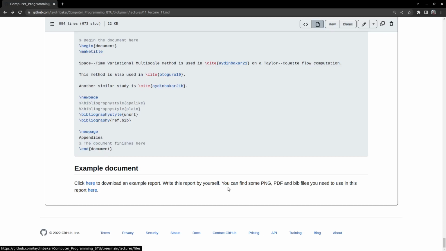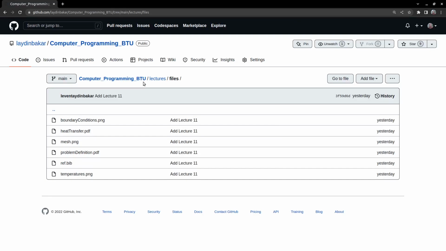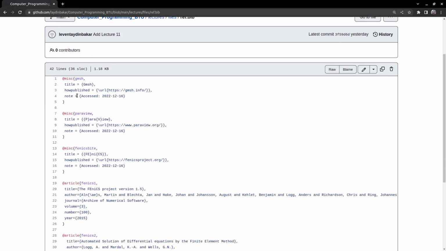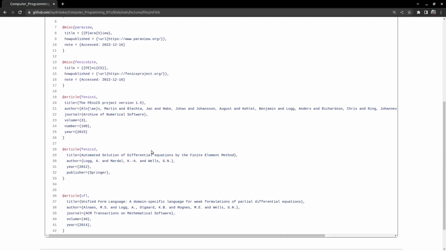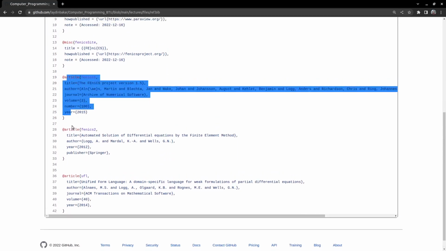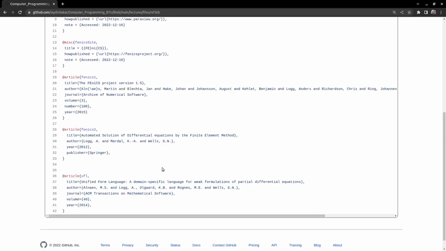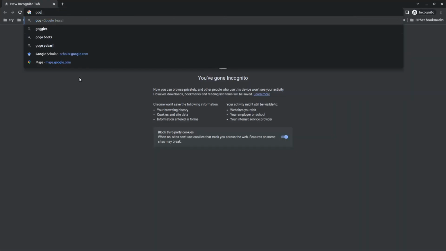When you click on the second link, you will see another bibliography file here, and we have some links to Gmsh's web page, ParaView's web page, and Phoenix web page. There are 3 more articles cited in that PDF you need to prepare. And you can open Google Scholar